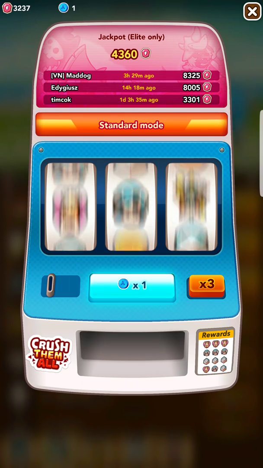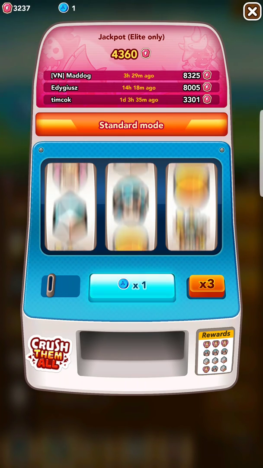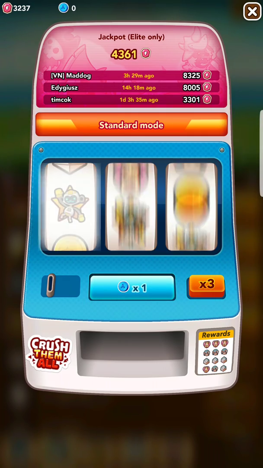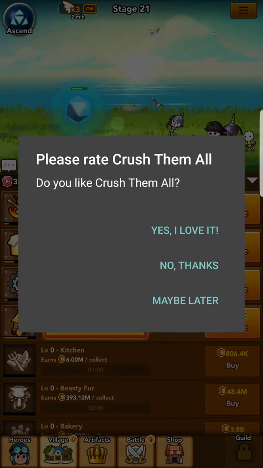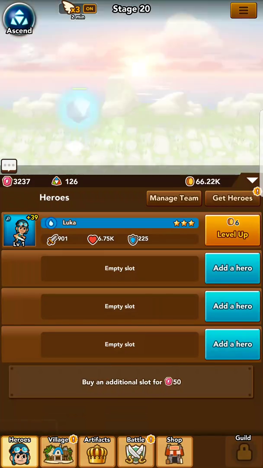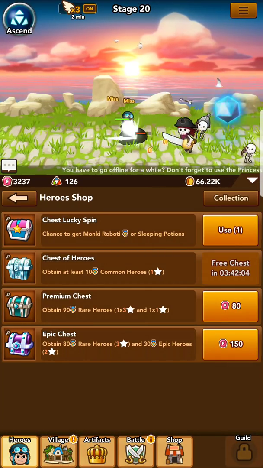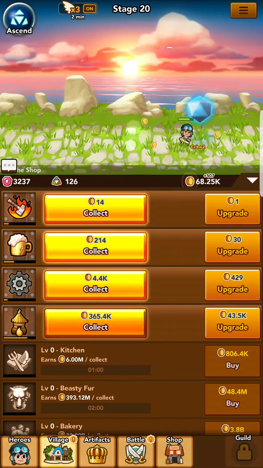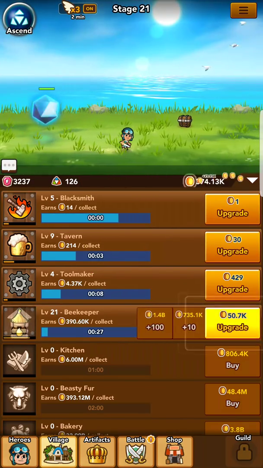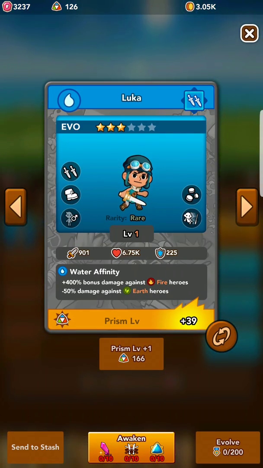The other thing that's really fun to do is to come in here and you see up there I've got 1 daily token. I'll press 1 and we'll see what we get on the slot machine. A chest lucky spin. So that actually unlocks the monkey robot when you open that chest. Or it can give you sleep potions. I forgot that being an option as well. That's one of the primary ways of getting those. Sleep potions are really great for if you want to send...